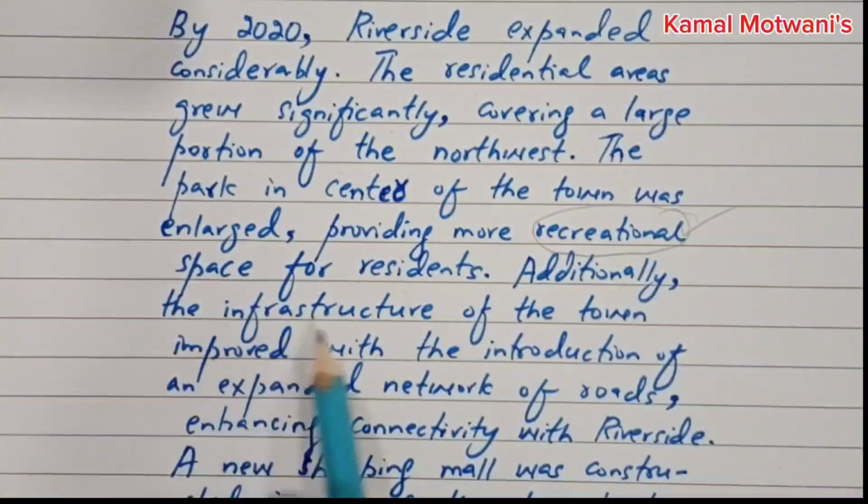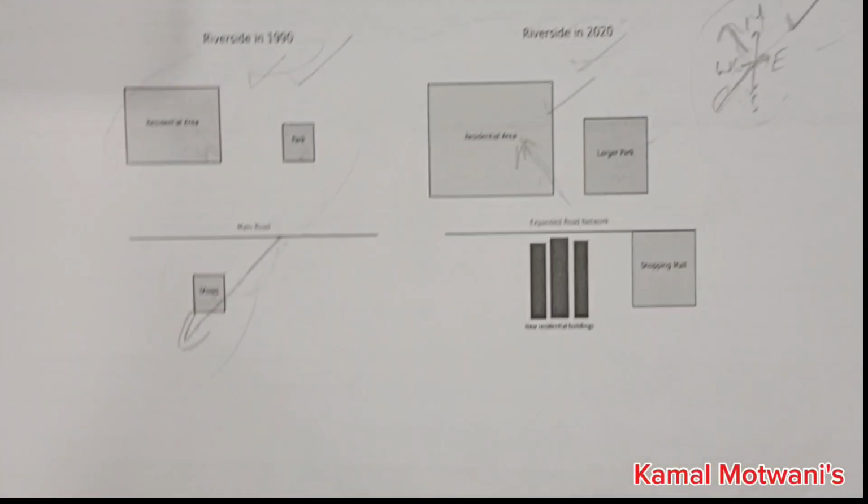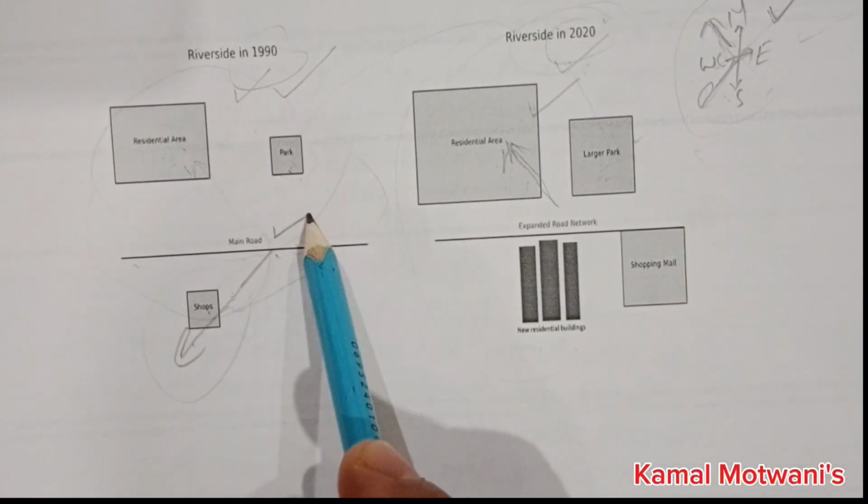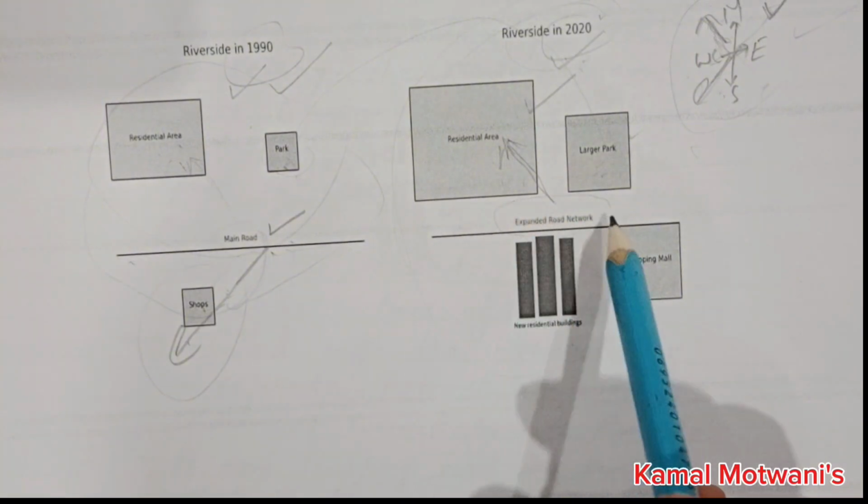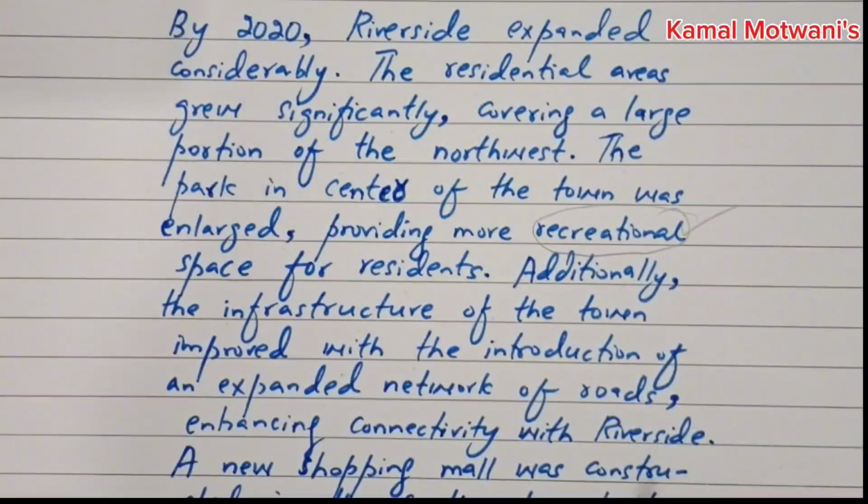Moreover, the infrastructure of the town improved with the introduction of an expanded network of roads, enhancing connectivity with Riverside. You see, now I have mentioned this, that from small road to expanded road network. So this has improved connectivity between the two sides of the road, from this to this. Okay, then